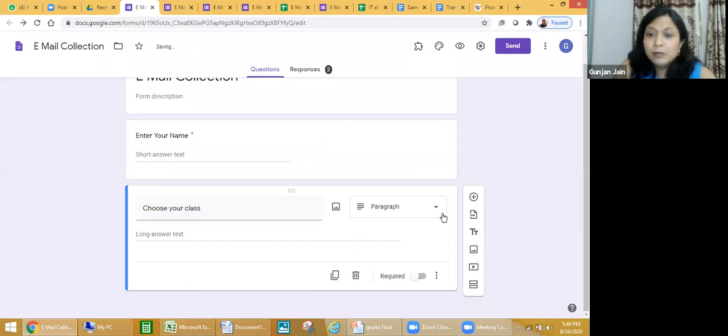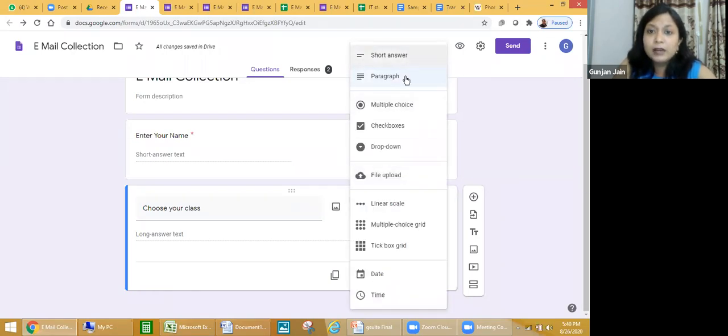But remember, if you are converting this form into quiz, all those which are short answer and paragraph, you have to mark manually. They will not be auto-calculated. Only the objective type answers can be auto-calculated, but not the short answer or the paragraph type of answer. I hope I'm clear. Now next is file upload. This should not be used with the students. I'm leaving this for now because it is of no use.